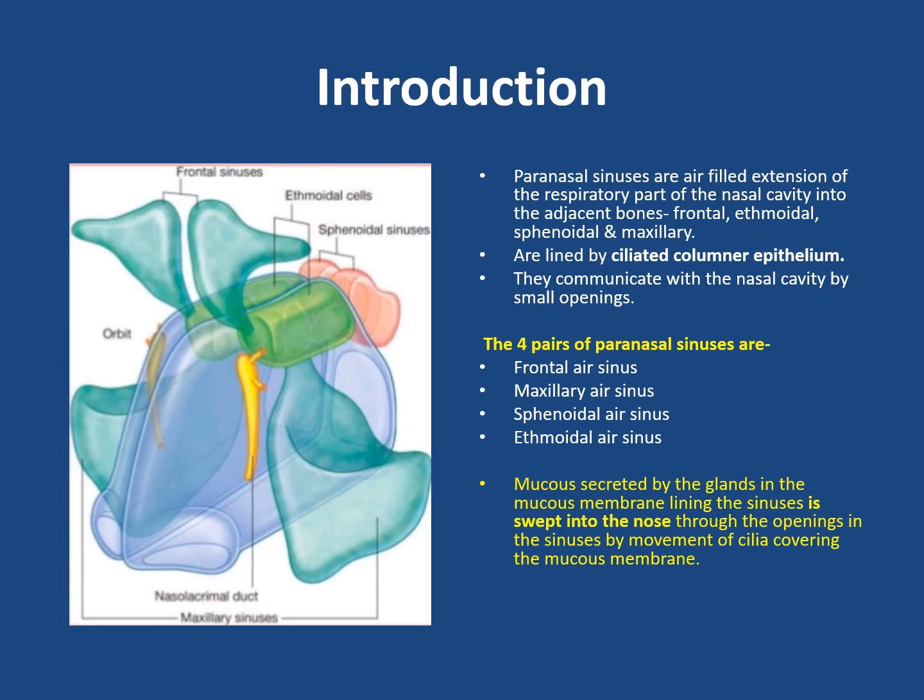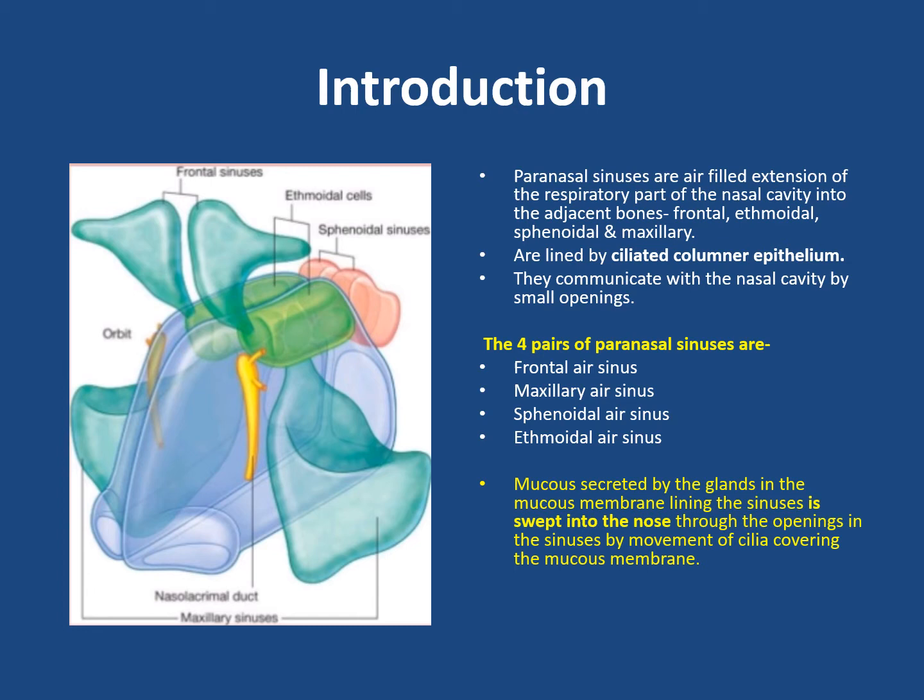Now in the diagram, I hope you can identify the paranasal sinuses located around the nose, which is the blue colored part. So you can see the frontal sinuses at the top, triangular sinuses at the top, and on either side of the nasal cavity you can see the maxillary sinuses. They are also two in number, and we have got ethmoidal sinuses on either side of the midline, at the roof of the nasal cavity, as you can see, and behind the ethmoidal sinuses we have the two sphenoidal air sinuses located in the body of the sphenoid bone.